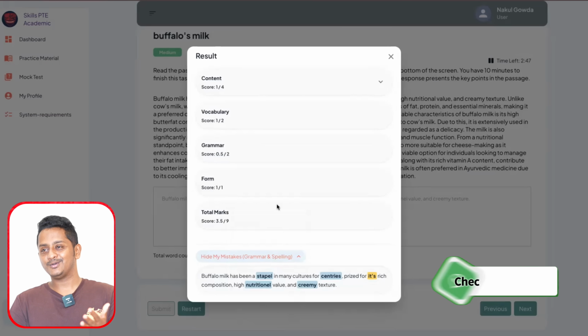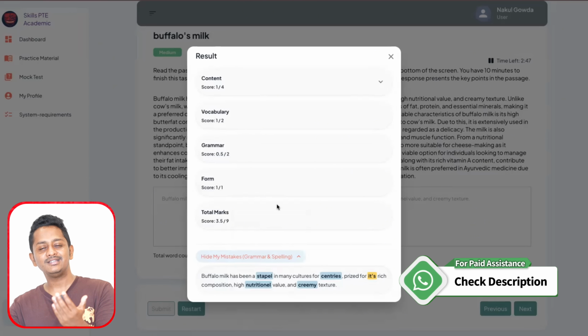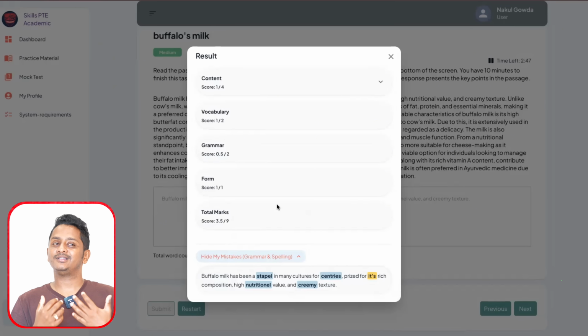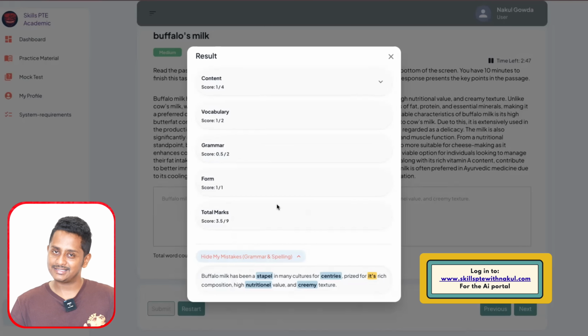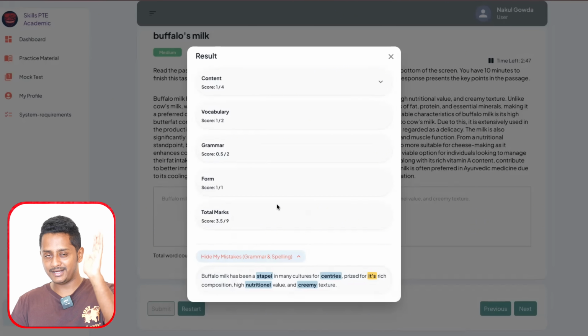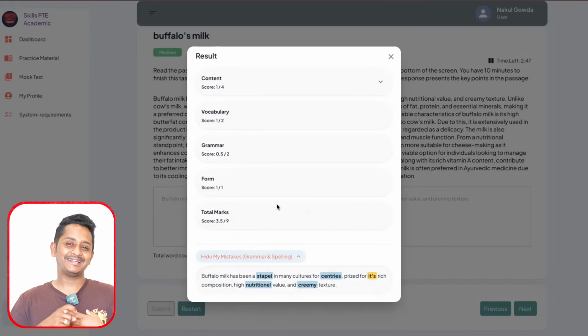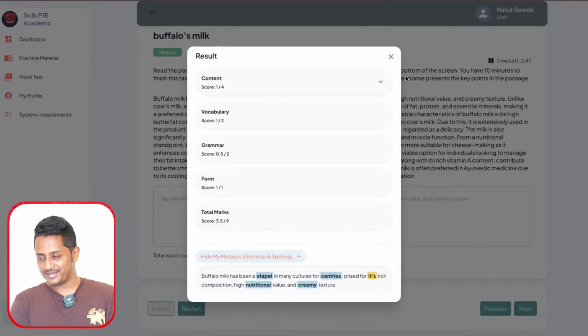Be very careful. You have to cover a little bit more of content without any grammatical mistakes. For that you just have to retain everything as it is. Copy paste may not work. You just have to manually type and retain everything. When you type, make sure you don't make spelling mistakes. If you make spelling mistakes, then marks will definitely go down. This is the second scenario where you can end up getting 3.5 to 4 or 4.5 out of 9, and definitely not more than that.